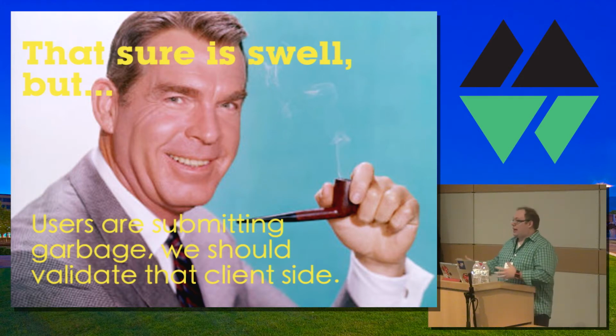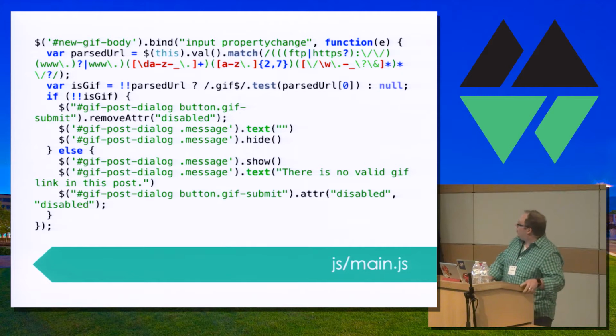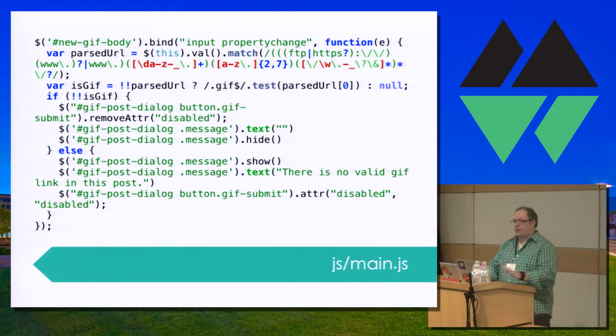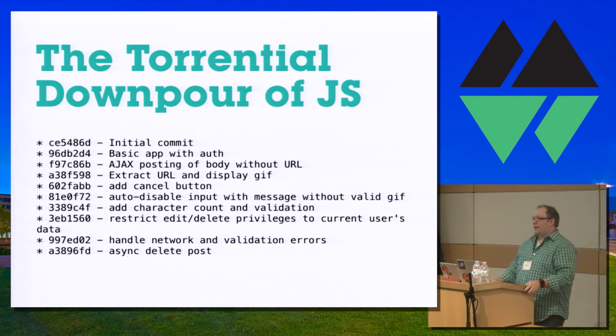So we're validating on the server, but we're not getting good responses back that we're handling well. Let's just prevent it on the client side. It shouldn't be too hard to tell if there's a GIF inside that post body. Okay, well, it's a little hard to tell. It wasn't easy, but it was relatively straightforward. We also need to disable the submit button unless it's valid. So now we are kind of pushing some state of this thing around. But it's fine. It's fine, everything's fine. Don't worry about it, it's fine. All right, so now your sprinkling is a little bit more of a torrential downpour. It's really kind of coming down out there.